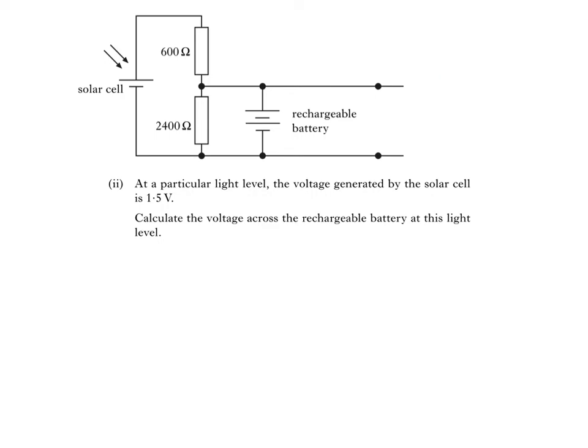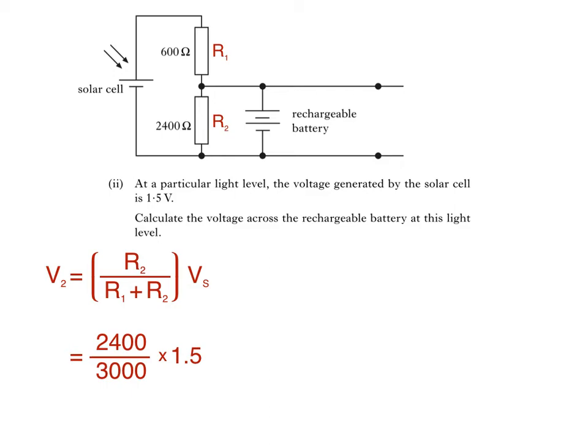Getting back to the circuit then, let's call the top resistor in the voltage divider, the 600 ohm resistor, R1. We'll call the 2400 ohm resistor R2. We can calculate the voltage across R2 using this equation. Here, V2 is the voltage across resistor R2, that's what we're trying to find, and Vs is the supply voltage, that's the 1.5 volts generated by the solar cell. Substituting our values into this equation, we get 2400 divided by 3000 times 1.5, giving us an answer of 1.2